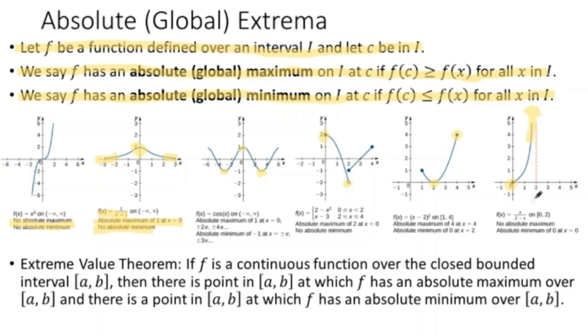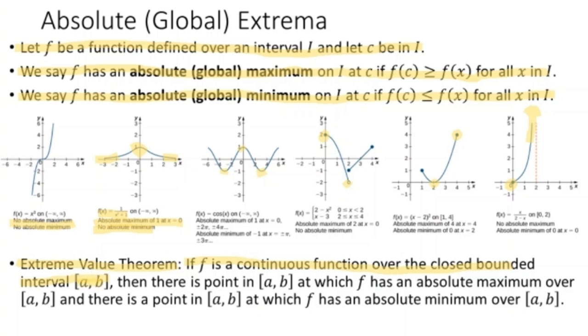So one of the challenges is, how can we find the absolute extrema? One of the challenges to finding the absolute extrema is determining whether or not they exist to begin with. The extreme value theorem will give us criteria that are necessary to guarantee that our function has an absolute maximum and an absolute minimum. If f is a continuous function over a closed bounded interval [a, b], and here by closed